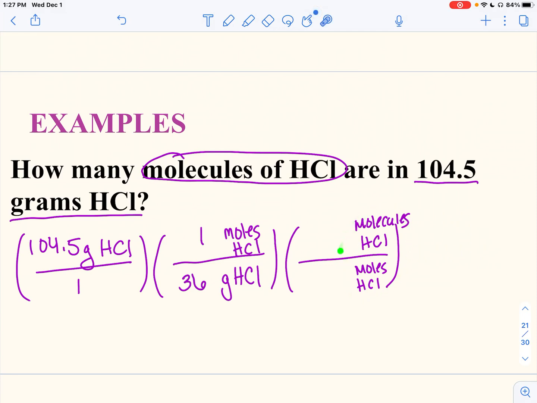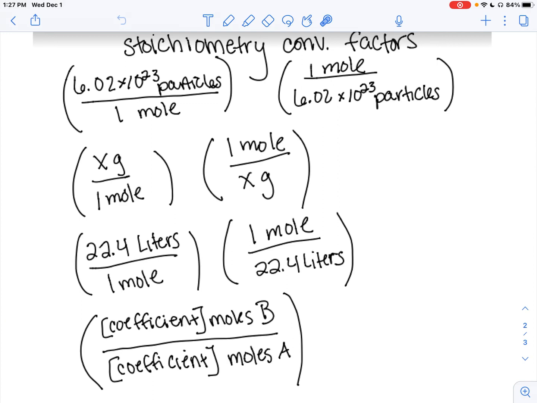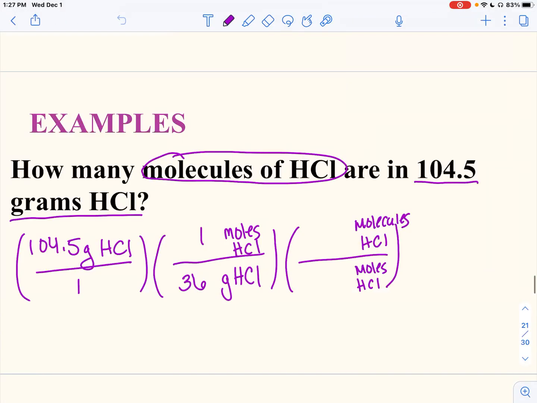Molecules on top and moles on the bottom. That's this one right here because we know molecules is a particle. So molecules on top, moles on the bottom is right here. We can just copy those numbers. And then when you do out that math,